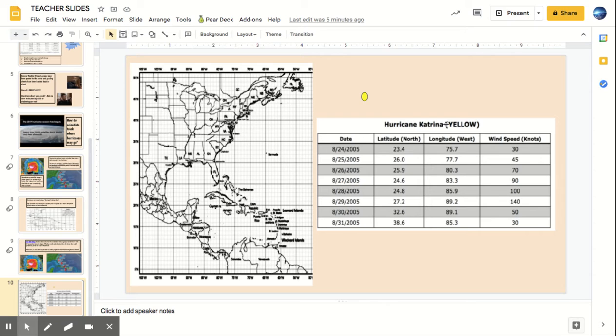So Hurricane Katrina. If you're in class, you're doing this on paper with the colored pencils. If you're at home, you're doing it exactly how I'm going to show you here. If you're at home, you're going to take the yellow dots that are on the left-hand side of your slide, and you're going to look at your latitude and longitude for each of the 8 different dates and times. So for example, on August 24th, 2005, Hurricane Katrina was at 23.4 degrees north, 75.7 degrees west. So you take one of these dots,